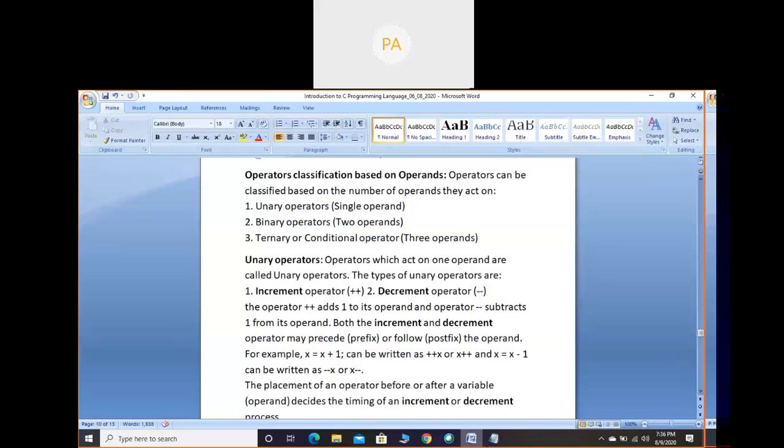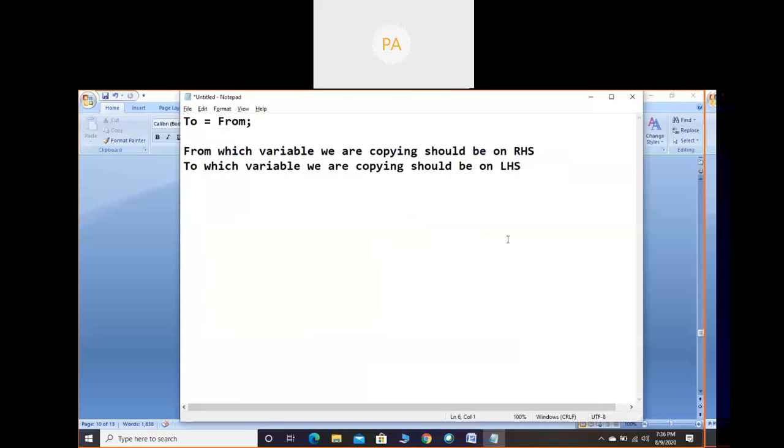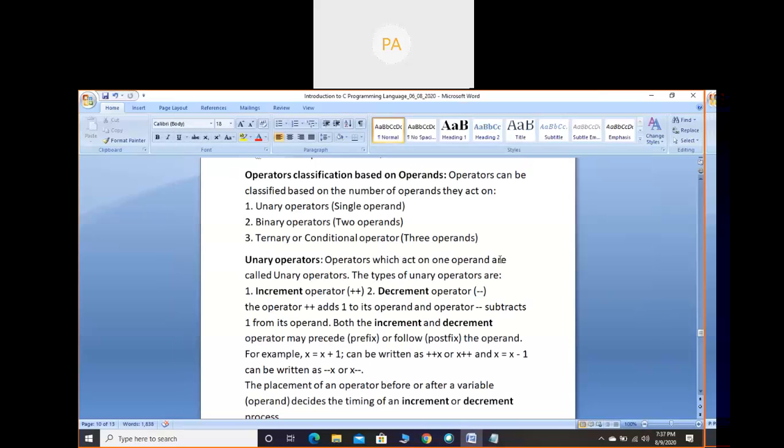So till now we have discussed operators. For example, if I say arithmetic operator, how we can categorize it depends on the operation. If I say plus, it will do the addition operation, so I can put this in the category arithmetic operator. And if I consider less than, it performs a comparison, so I can put it in relational operator. Okay. So now coming to this particular topic, operators classification based on operands.